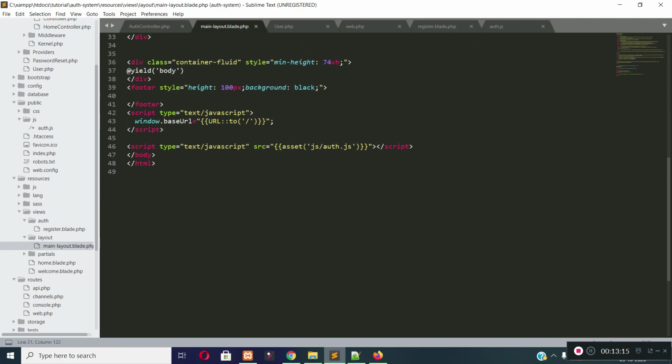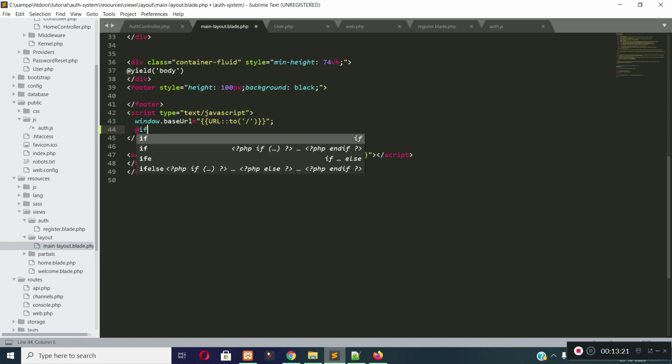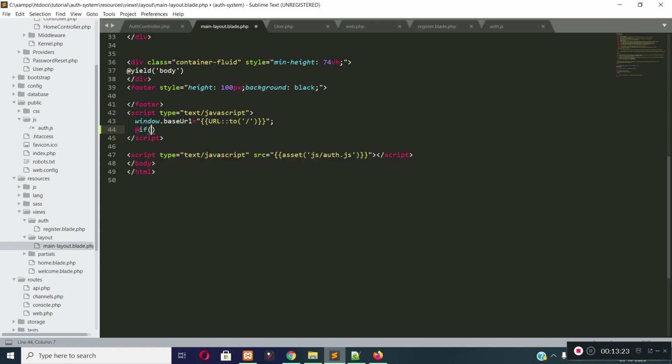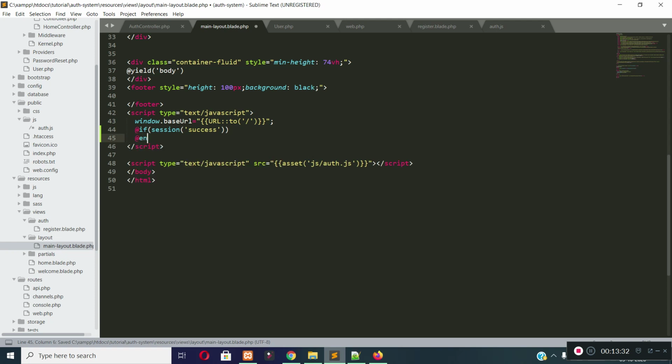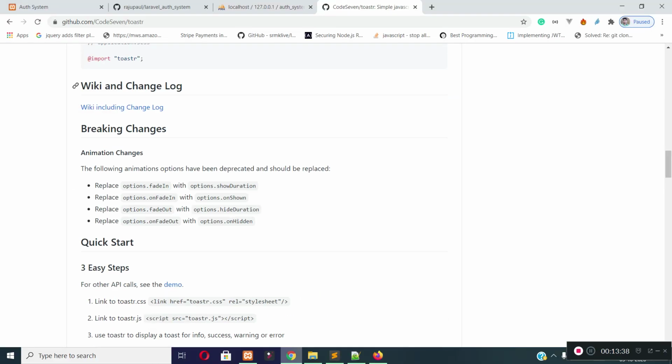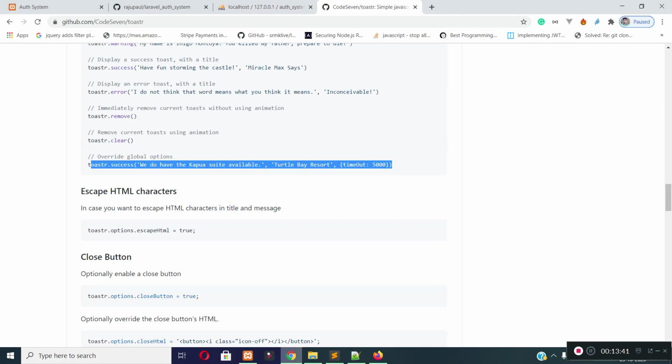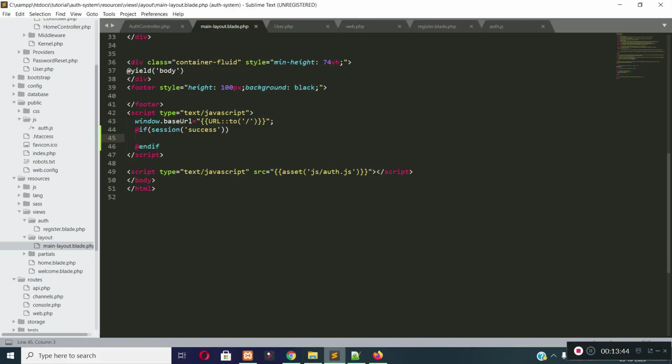And I will check if there is any success flash message. Then I will show a Toastr message. Now if I see the documentation, how can I show a success message? You can see. So let's copy this code and paste it here and let's pass this success message here.